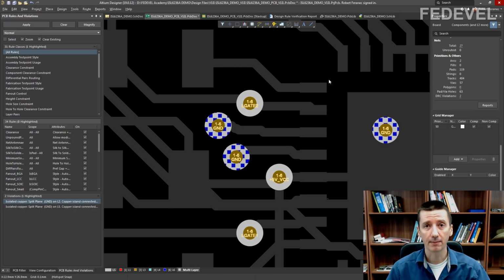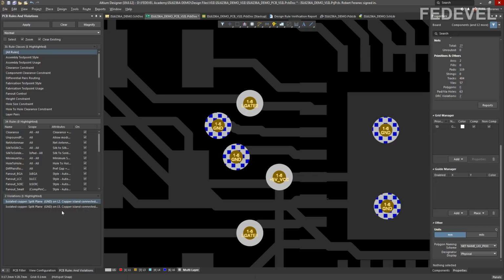And what can happen if you fix one kind of rules, for example, if you fix clearance constraint rule by moving these vias, sometimes can happen that the other violations which were in same place are not automatically cleared from the list. So what is very useful to do, always when you fix a bunch of violations, rerun the design rule check. Okay, that's what we are going to do now.